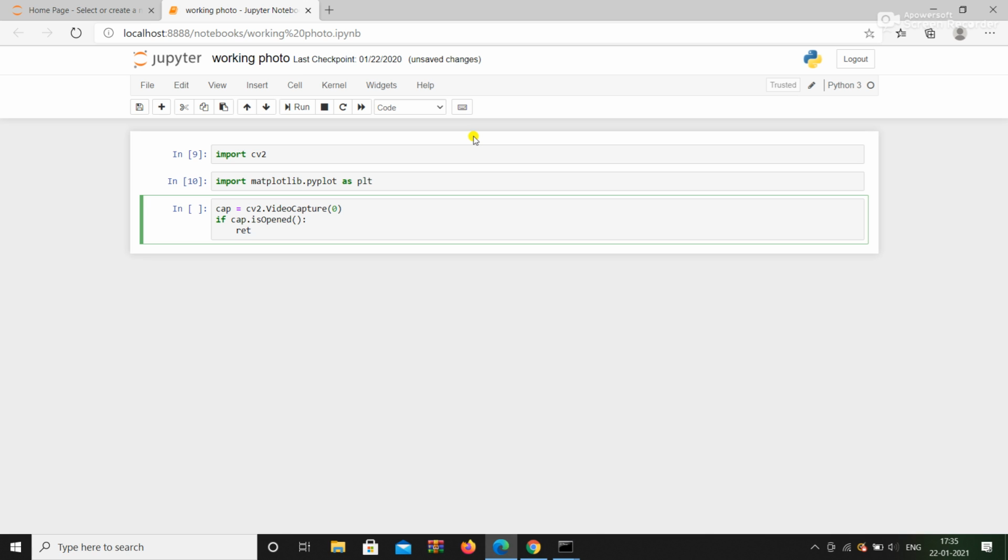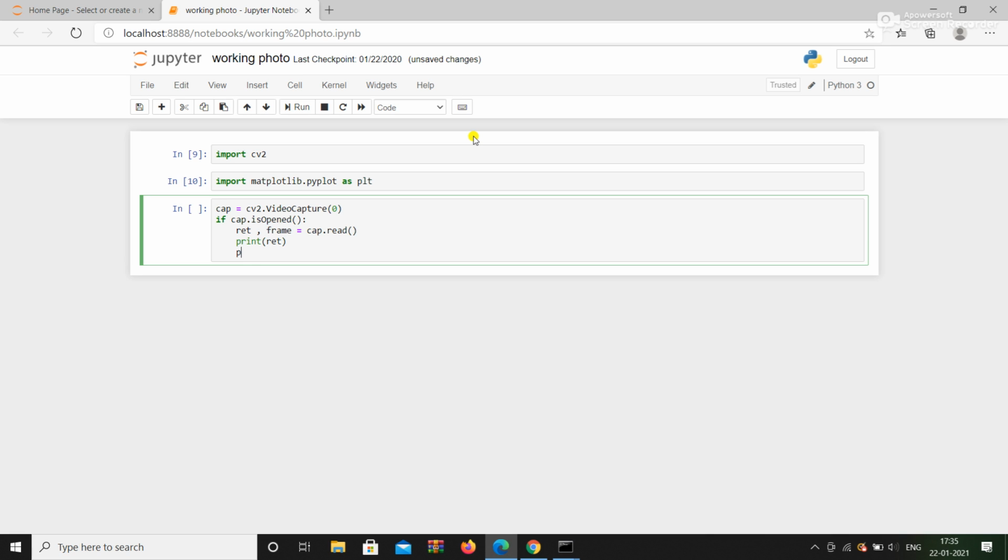We need to first read the frame so that our face is captured by the webcam. So frame is equal to cap.read. Now from the next line, print(ret) and print(frame).